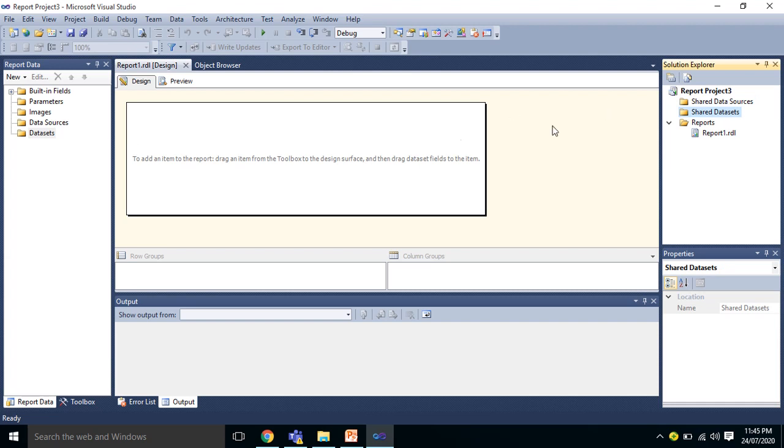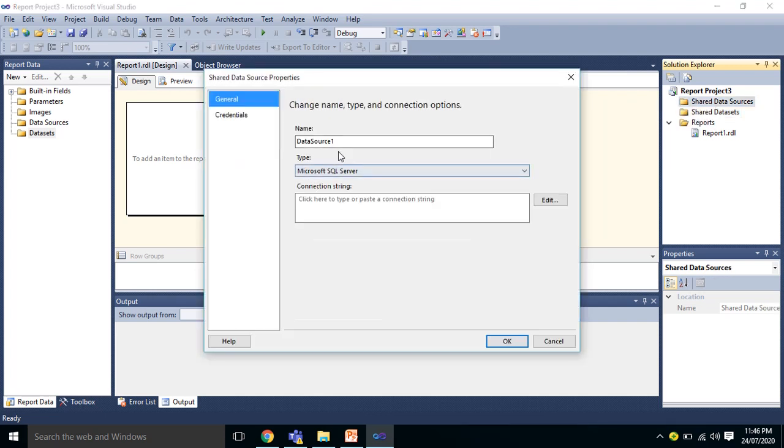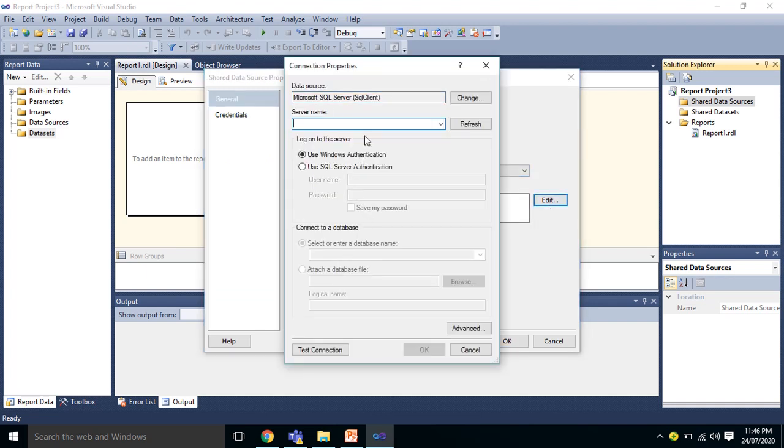So what is the difference between these? Before I tell you the difference, let me create one shared data source. I have to define the database connection here. So I'm putting the server name, use Windows authentication, select our database from the list.